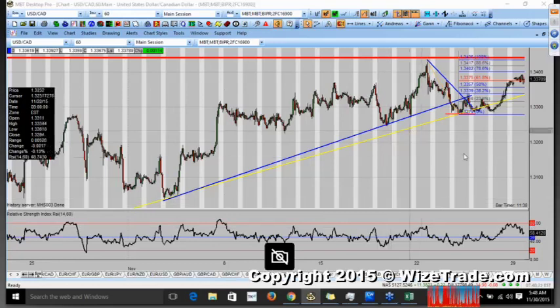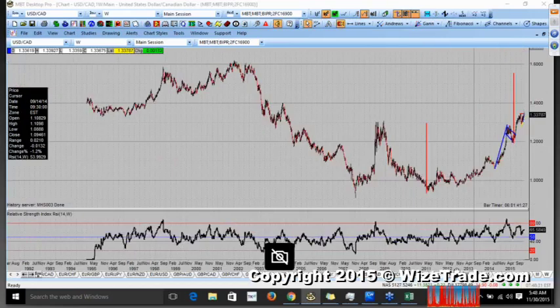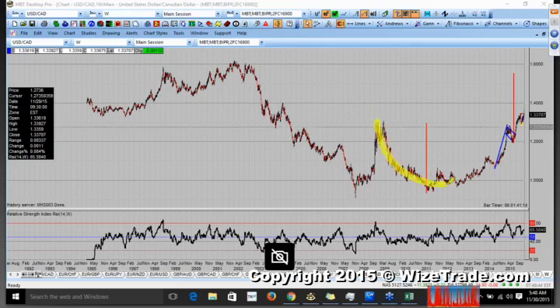All right, here's your dollar Canadian. With the BOC on Wednesday, the thing you have to look at longer term in the dollar Canadian is that this is a big cup and handle, and that's one thing I want you all to know. We have a huge cup and handle pattern, right? Here's the cup, here's the handle. It points to here. And I know some of you could look at it and go, oh, that's crazy, Blake, there's no way we're going to go up there. I know you think that way, but